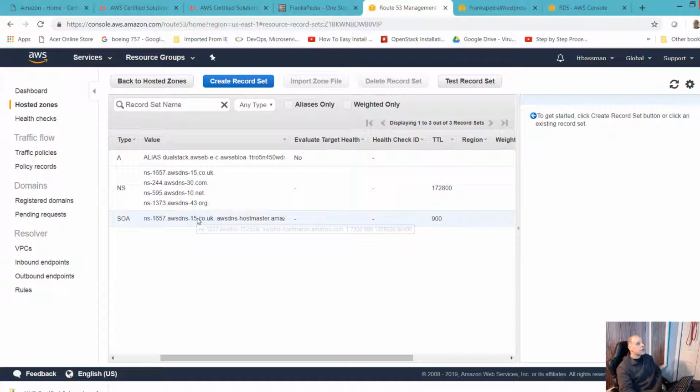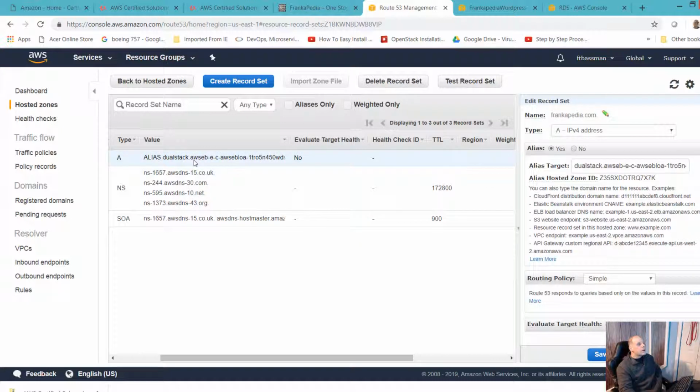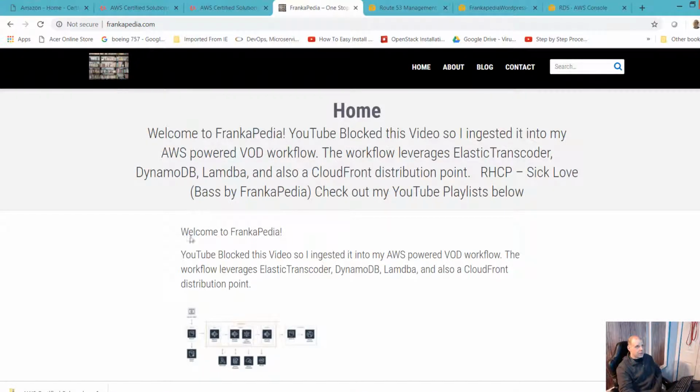But here's the A record here that I set up that points to the load balancer DNS entry. So when you go to Frankopedia, it sends you to the load balancer, and then the load balancer sends you to the instances in the AutoScaling group.